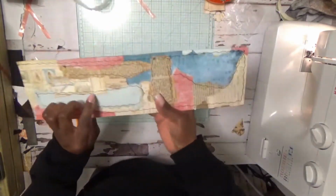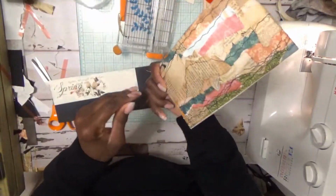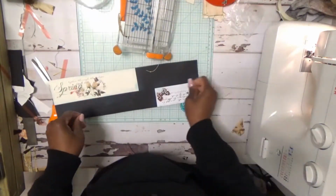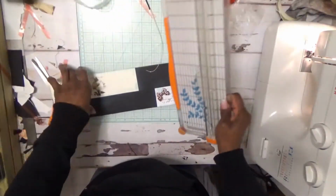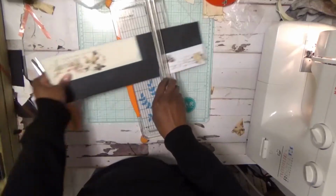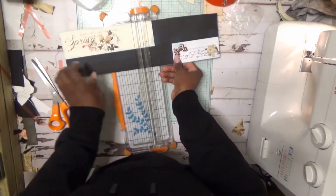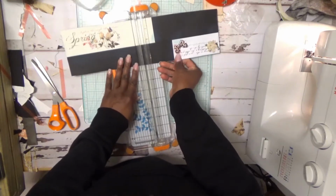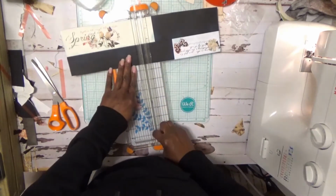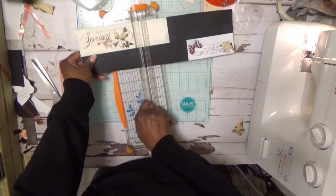So what we're going to do with this right here, okay, we've already got us a little notepad, and I'm going to have to figure out a little closure for this as well. Like I said, I'm going to make pockets out of these. They're going to be tall pockets that you can stick down inside of a journal or whatever. So I'm just going to cut this down,